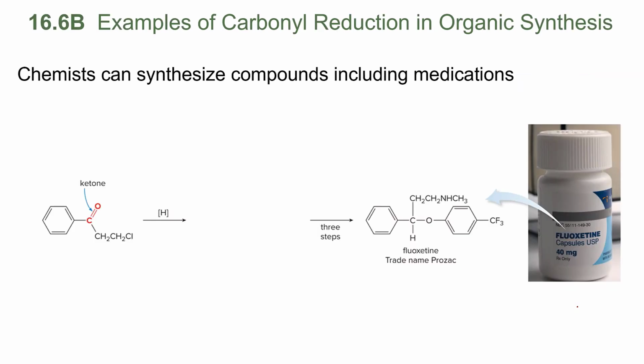Chemists can synthesize compounds, including medications, often using these functional groups. So here is a typical ketone. We're going to do a reduction reaction. So H2 will not react with benzene, but it will react with a ketone. We're going to add H here and onto the alcohol. You don't have to draw in the H on the carbon part, but you do have to draw it in on the alcohol. So after several steps, after you've now made the secondary alcohol,